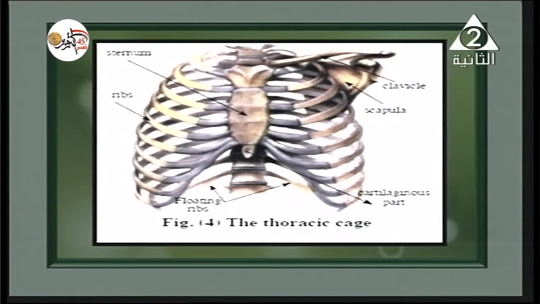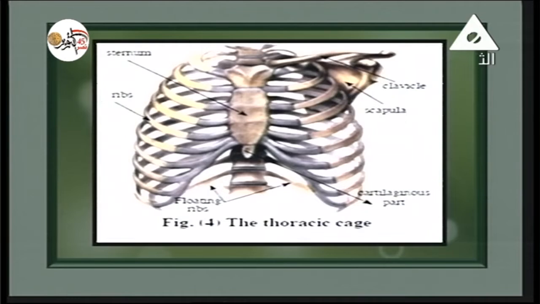All the ribs are connected posteriorly from the side of your back with the thoracic vertebrae. On the other side, I mean anteriorly, the first 10 pairs only. We said that we have 12 pairs of ribs. All ribs posteriorly are connected with the vertebrae of the vertebral column, while anteriorly just the first 10 pairs